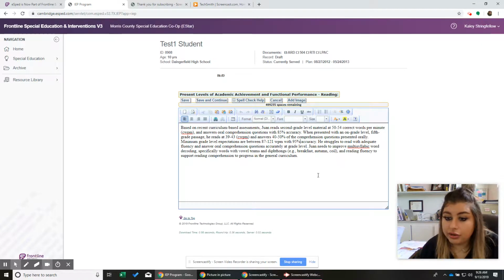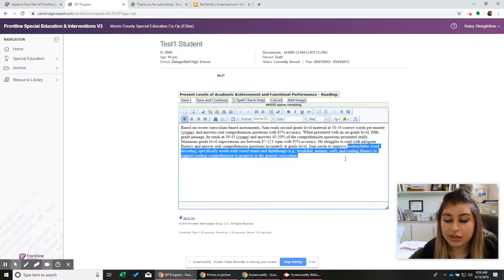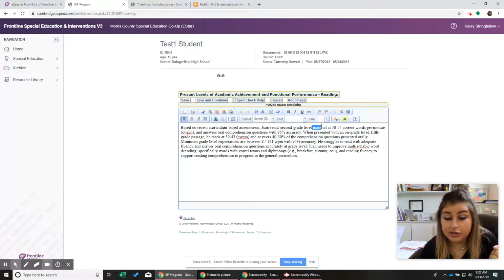So I've already written that down from the previous attempt, and we're going to use this weakness to make a goal for the student. So the biggest thing I can stress to you is to make sure that you have those strengths and weaknesses like we talked about. Because this kid, his strength is he's understanding and he's reading at that second grade level. That's great. But we need to push him further.